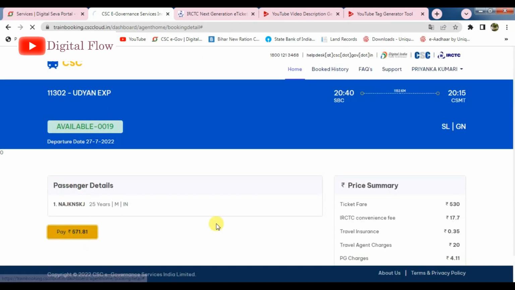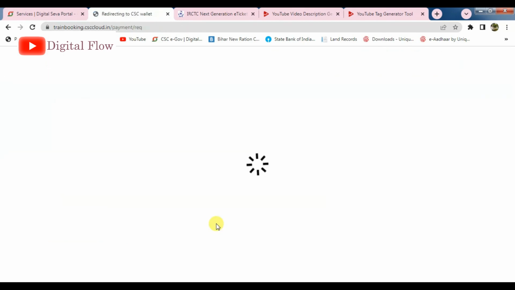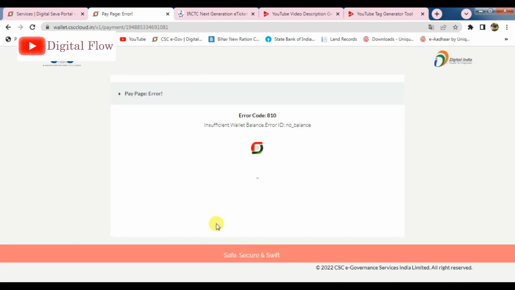If you click on pay, you will be redirected to your wallet. If the payment in your wallet is sufficient, then you can go for the payment. Either way, I will show the next process for how the payment will be processed to book the tickets.